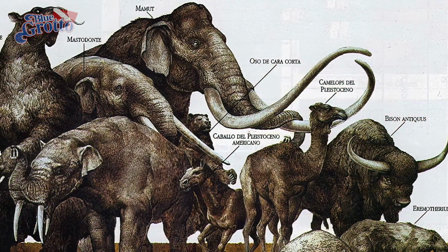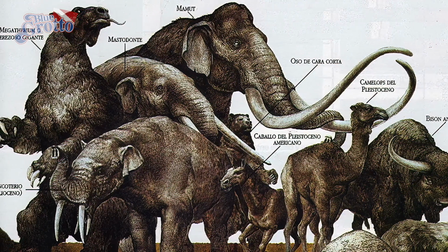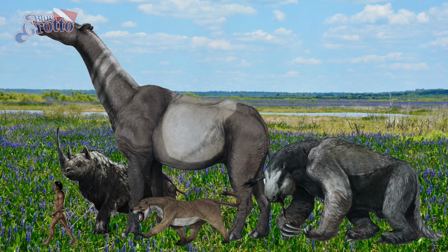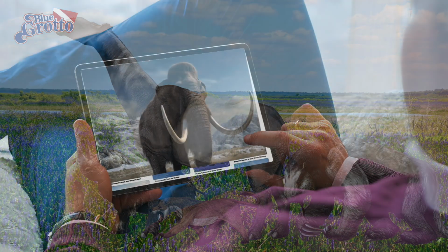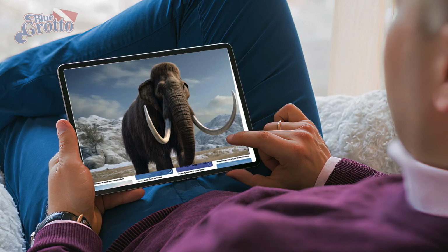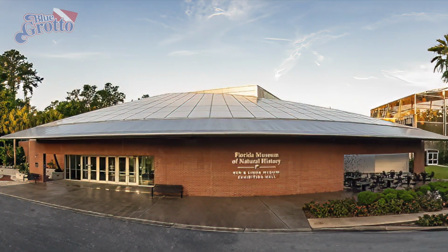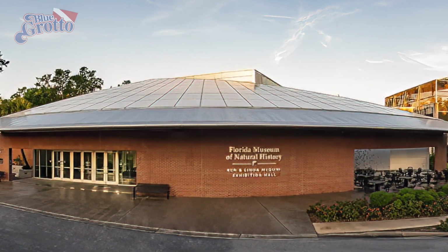Megafauna can include unusually large mammals such as mammoths and giant ground sloths, and the aptly named terror bird. It also includes animals we don't normally associate with Florida, such as rhinos and camels. You can easily find pictures of these animals on the internet, but it's not the same as experiencing them in person. And the best place to do that is just 30 minutes away at the Florida Museum of Natural History